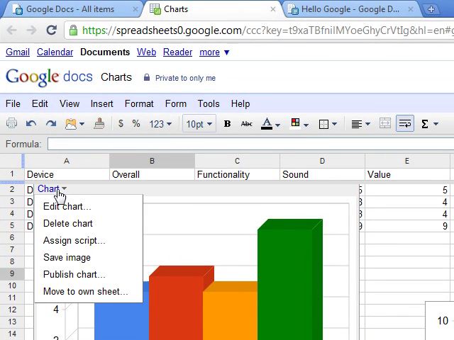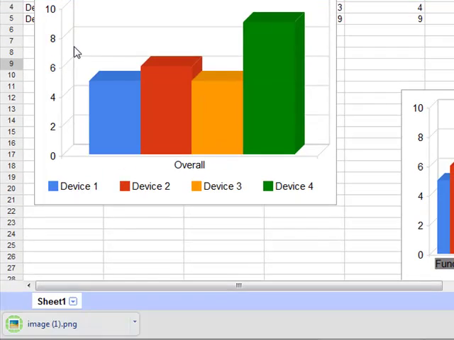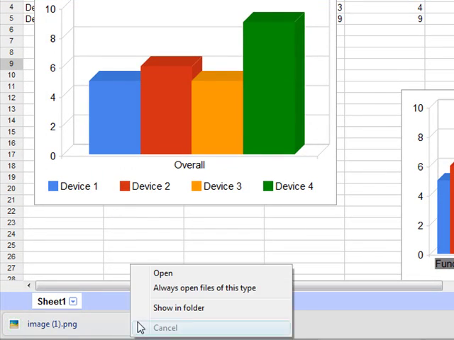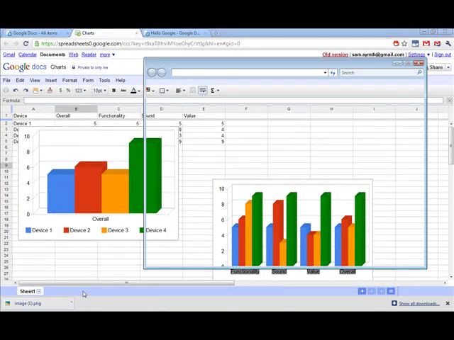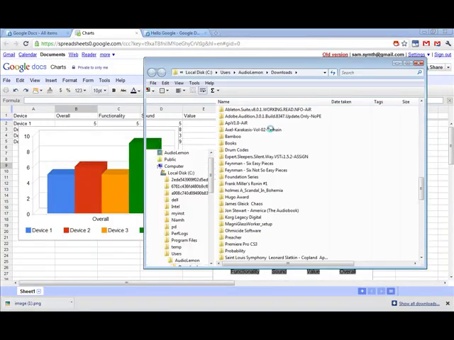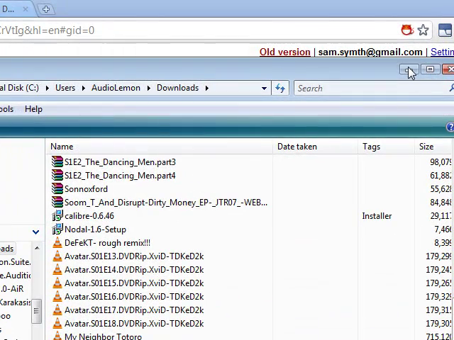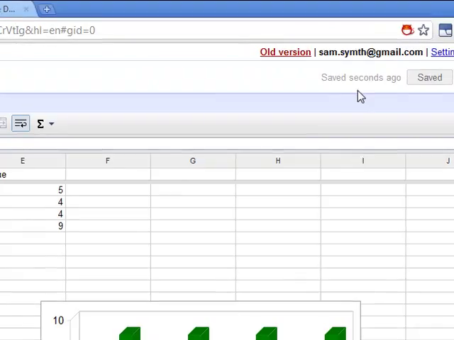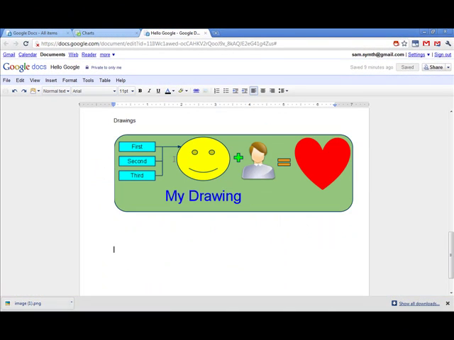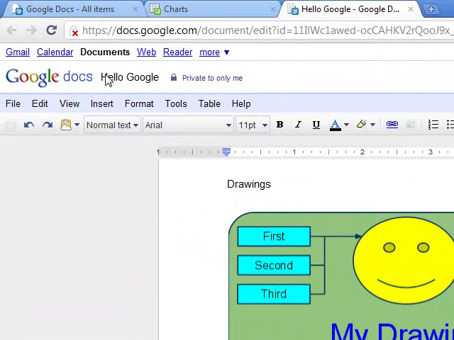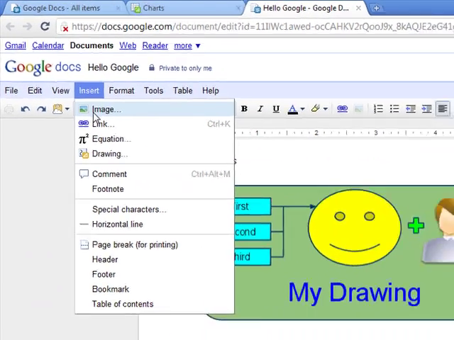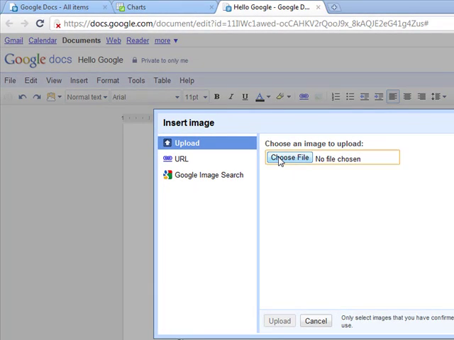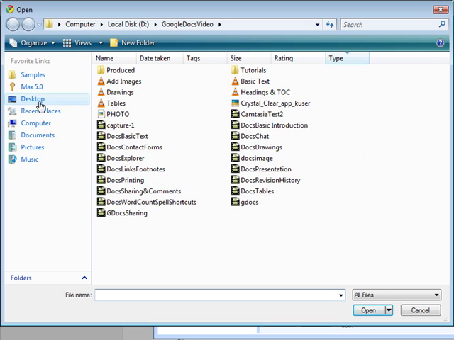Once you have your chart, you can download it. You can click on chart and you can save the image. So I'm saving the image now. I will show it in the folder. There it is. And then I can go back to my document, go charts, and I can insert an image. I will choose from the file,